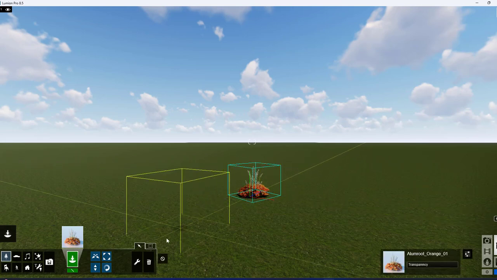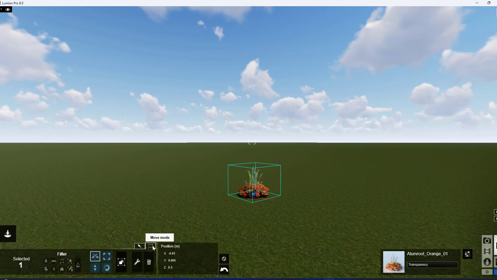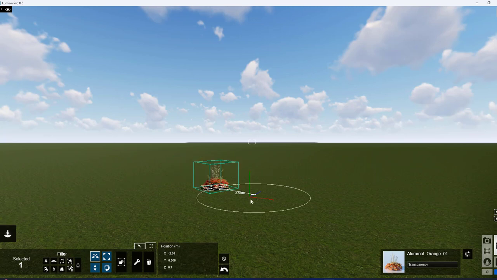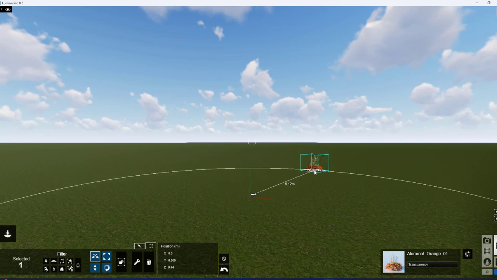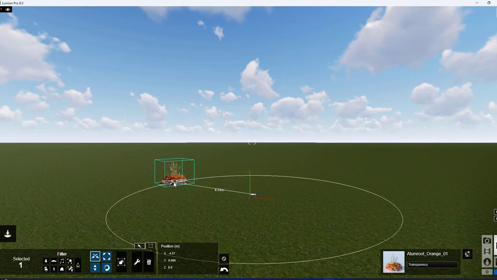Once you place, if you want to edit or modify it, then come to the move mode. Make sure you are in the move mode to edit it. And then next we have the options like move, size, change height and rotate heading. Click on the move object and make sure you select that particular vertex or control point and then you can move it. Here you can see the distance from the origin.